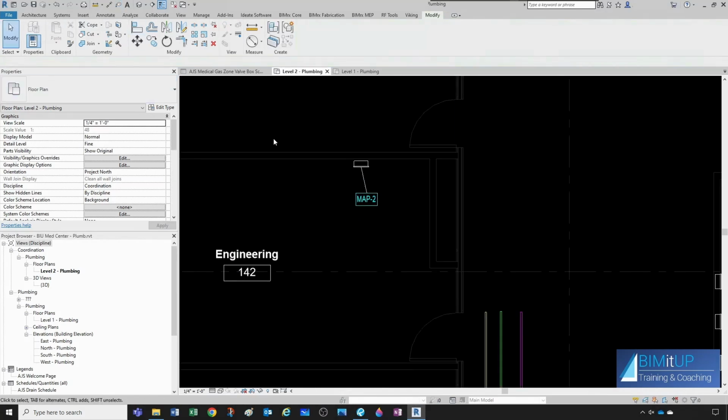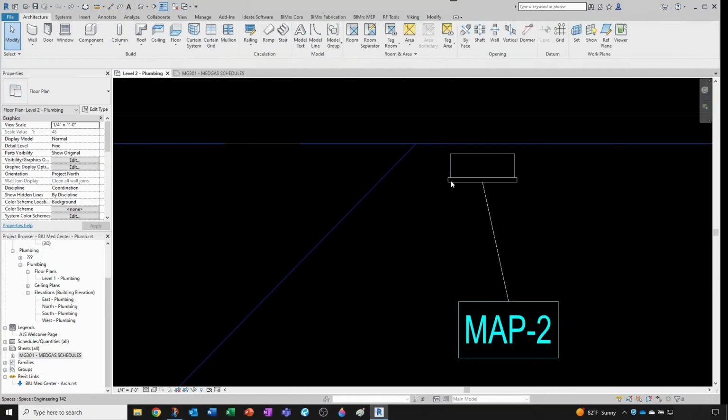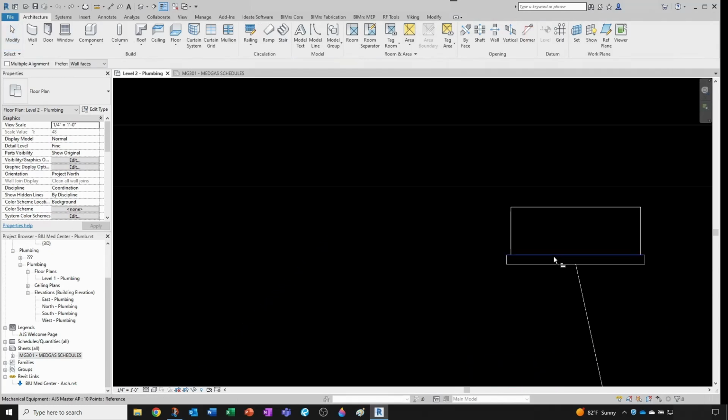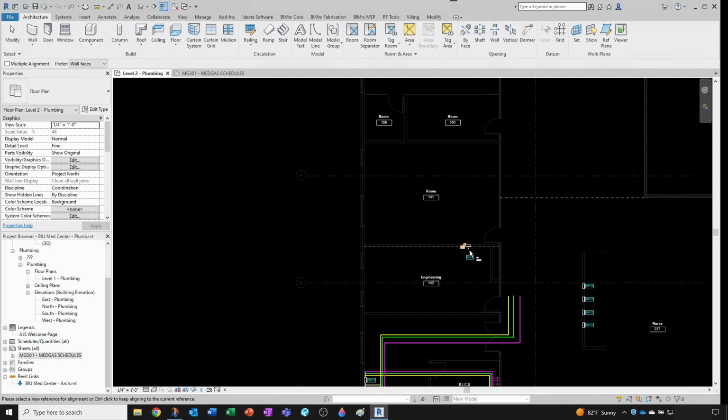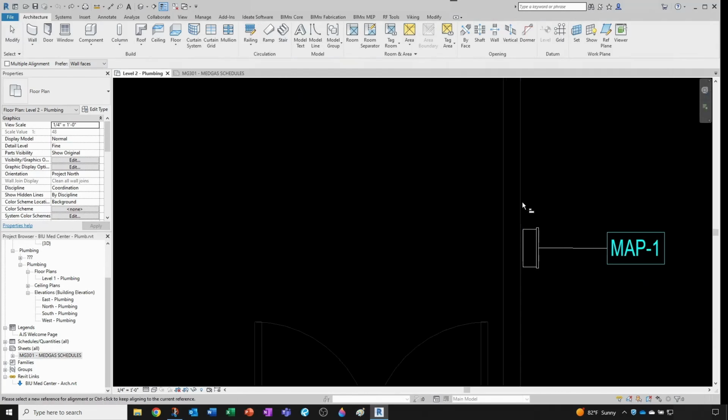So I'm going to close and save. And then let's align them to the wall, because these are not surface mounted, they should be recessed. So align to here, and then we do the same thing with the other one. To here,